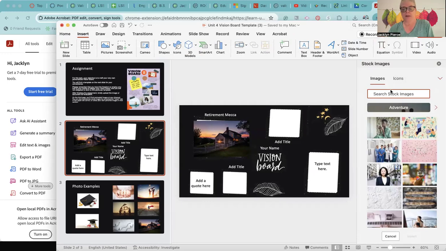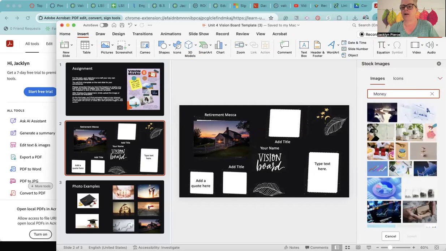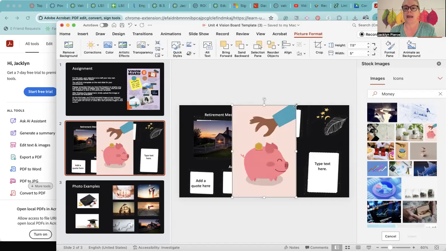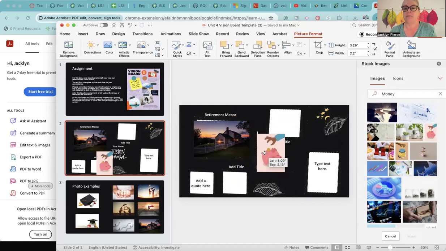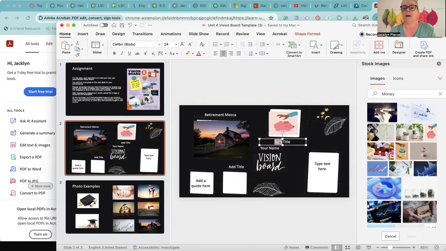Let's say I want to retire with some money. So I'm going to search for money. I'm going to choose this piggy bank because it's cute. And you're going to have to, again, resize it and move it to one of the boxes. So it's going to look a little weird because I'm going to make it a little squatty, but that way we see more of the pig.